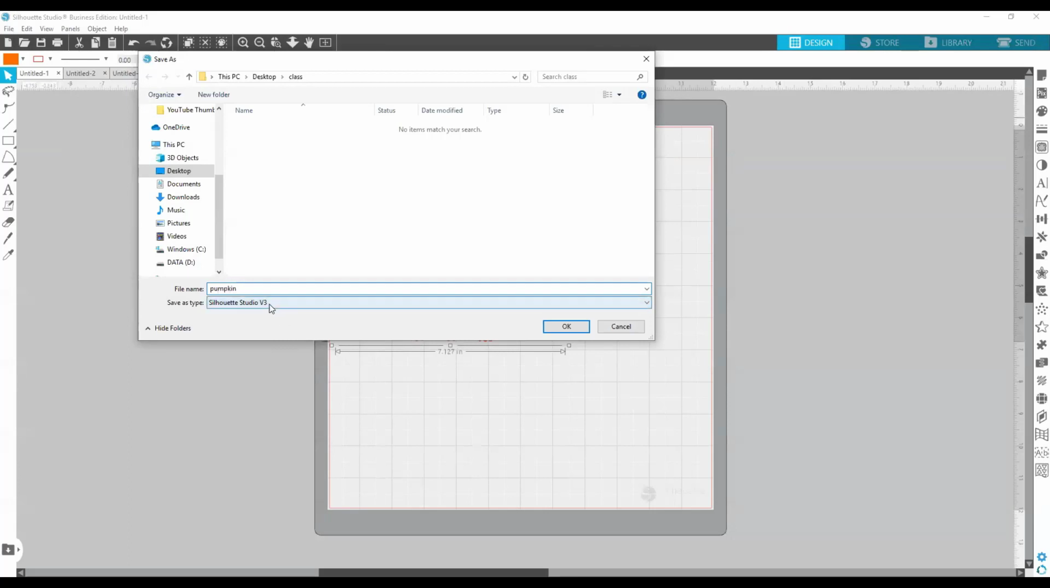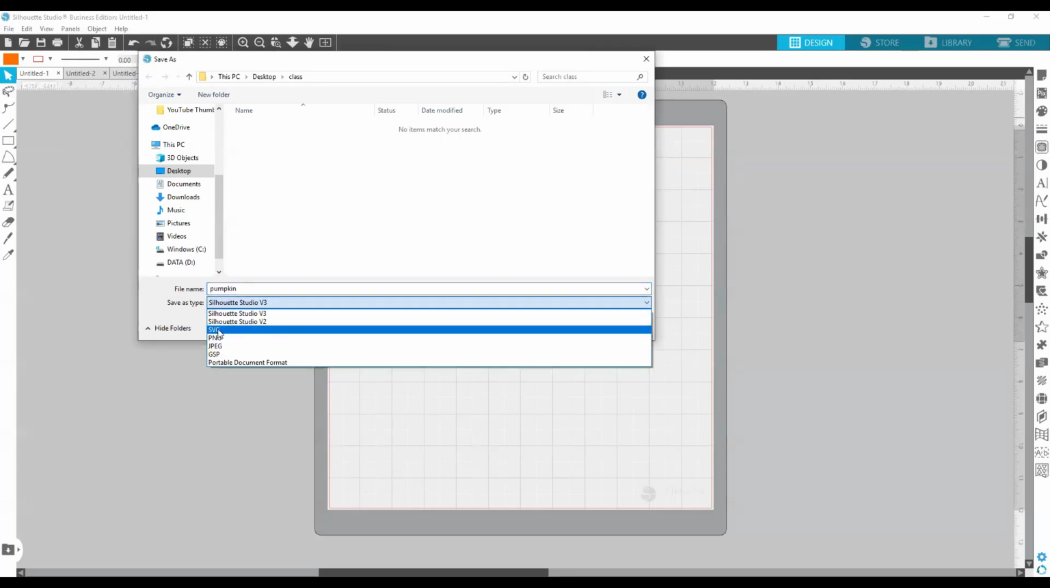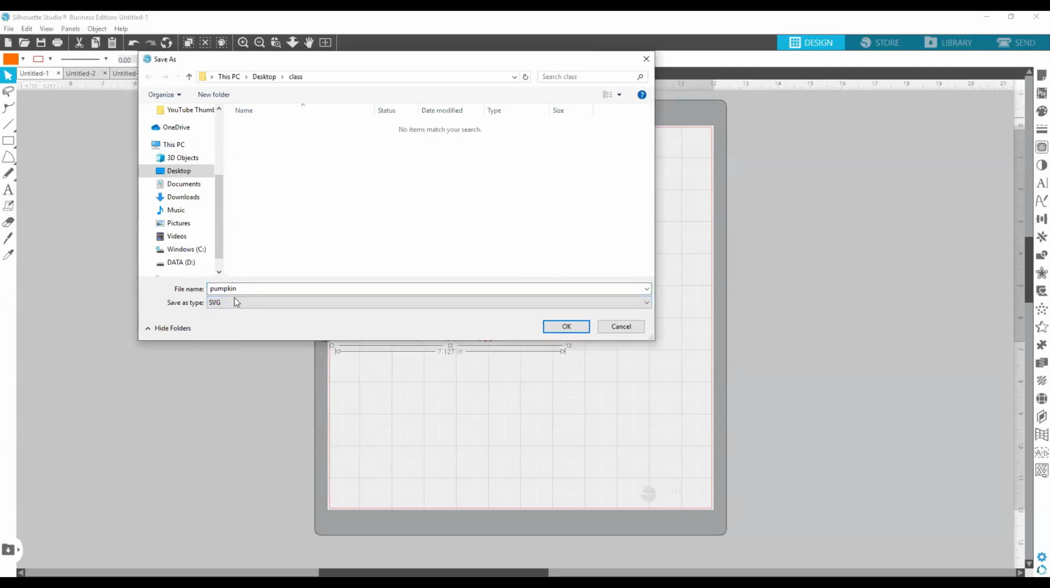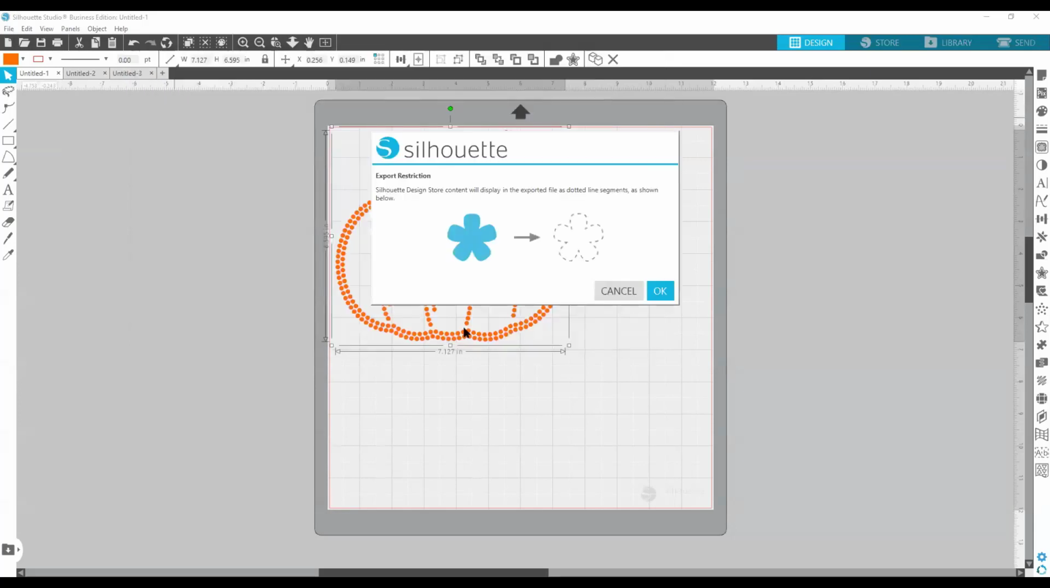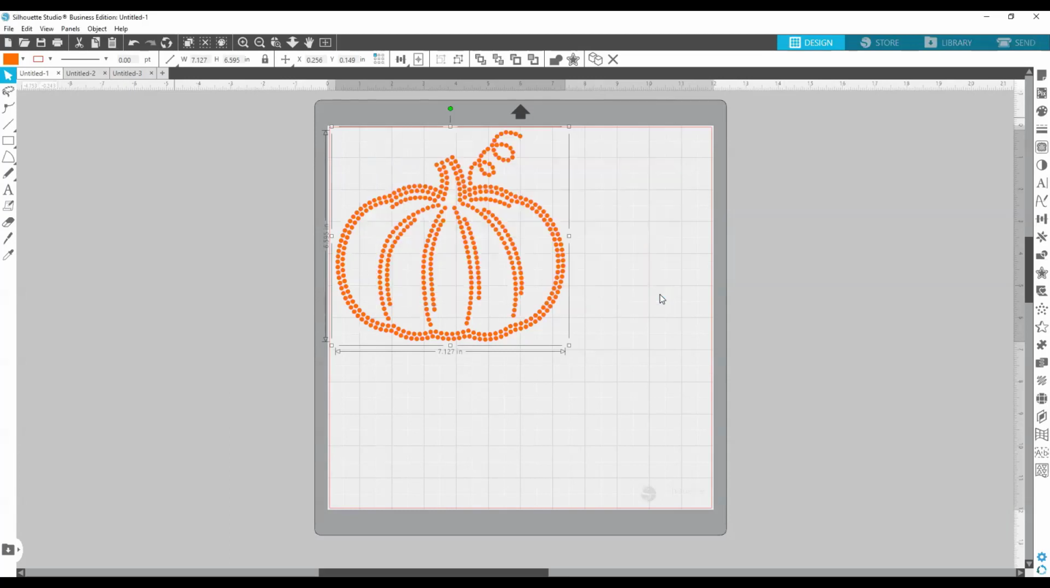And as we know, we have to save it as an SVG for Cricut Design Space. I'm just going to save it in the same folder I was saving those pictures for class. So, okay. Notice what it says right here. It says Silhouette Design Store content will display in the exported file as dotted line segments as shown below. So if I just say okay, and I open up Cricut Design Space, got it here, and I go to upload